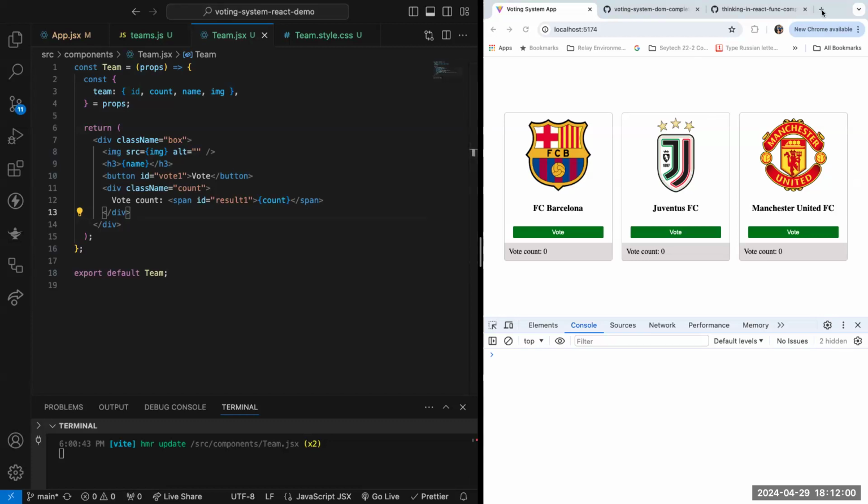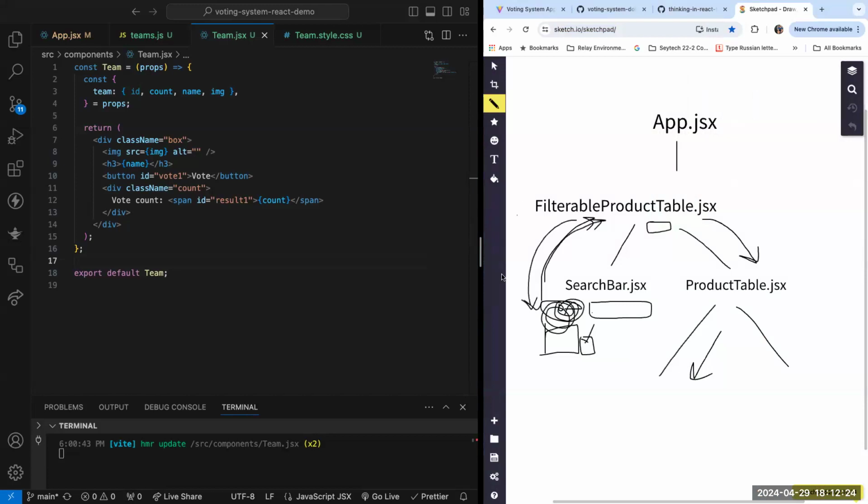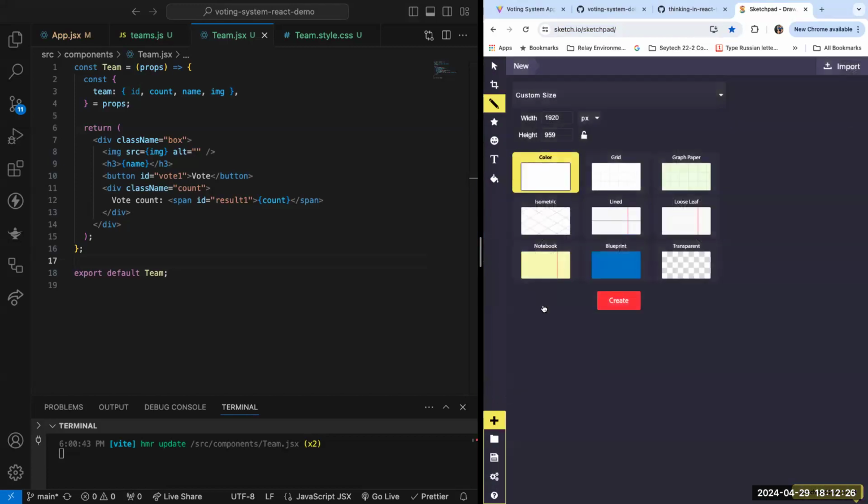So what we did now, we are able to display the names and the count, etc. Let's try to deal with this vote. Okay, it's not working for now because we don't have an onClick event attached to these buttons. All right, so what we are going to do now is